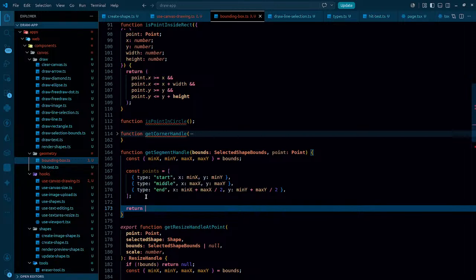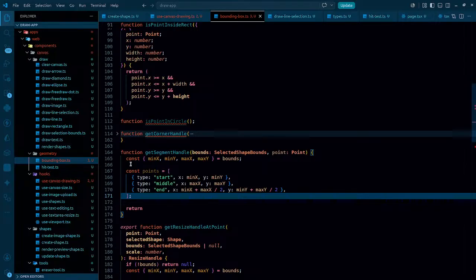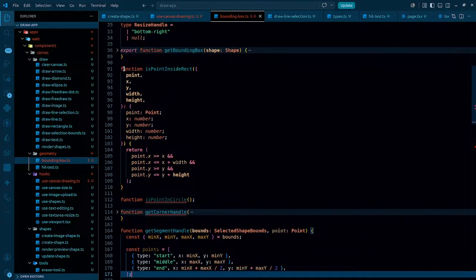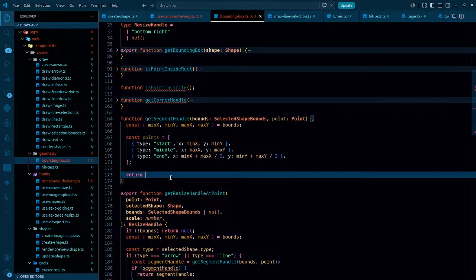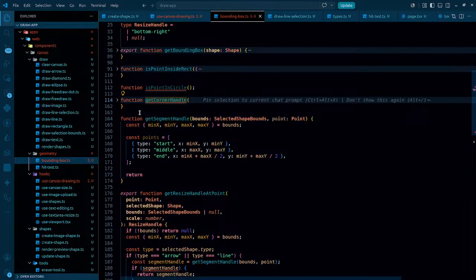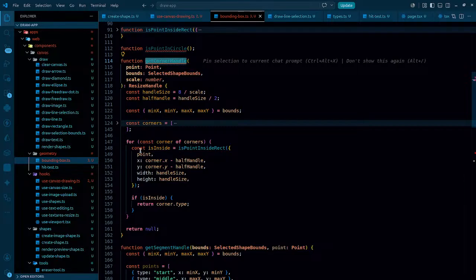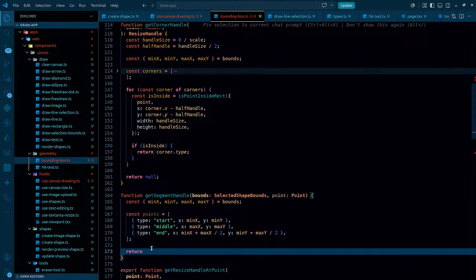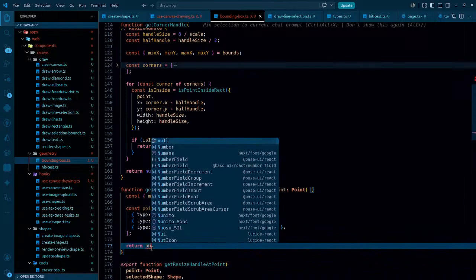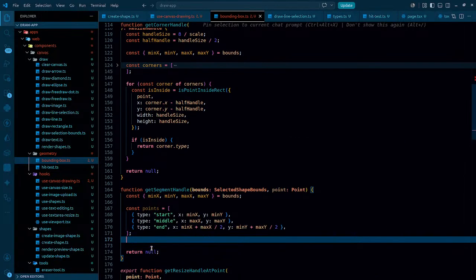I have to check whether the point is on these or not, right? So in that case, is point in rect, is point in circle, I need to have this get corner handler, get segment handler. We have is corner handler, that makes sense. Coming back to this one, after that, I'm just simply going to run a for loop, and if I do not have any, of course null is going to be returned. But before even that,